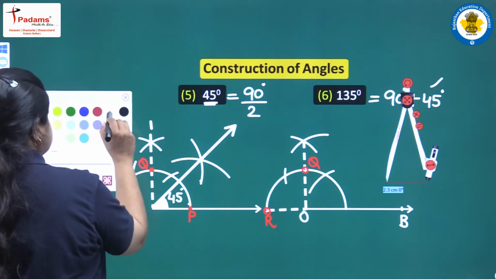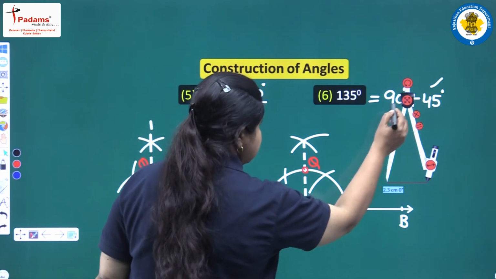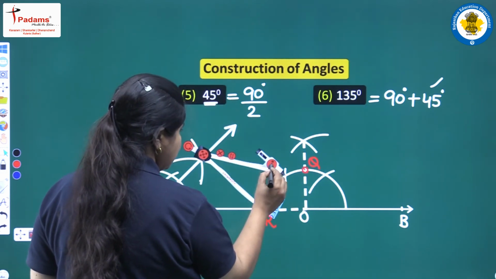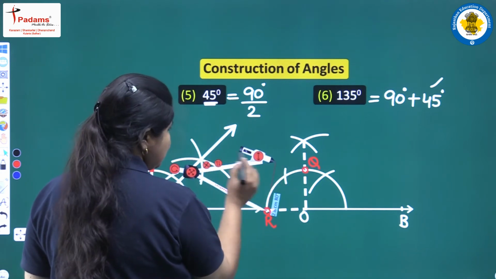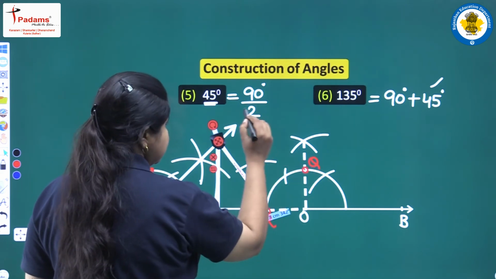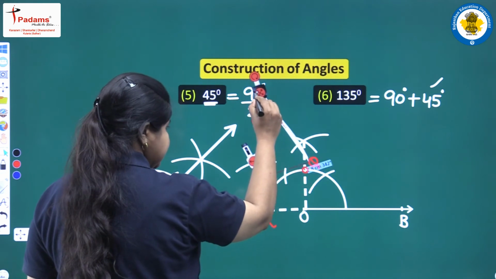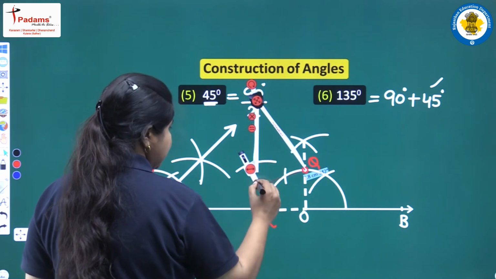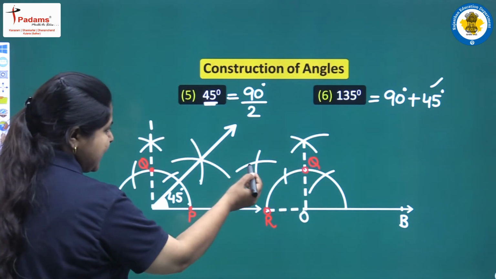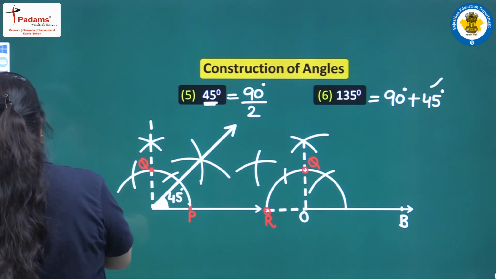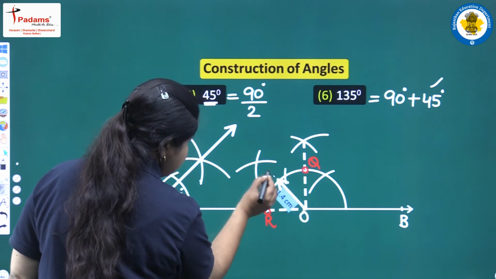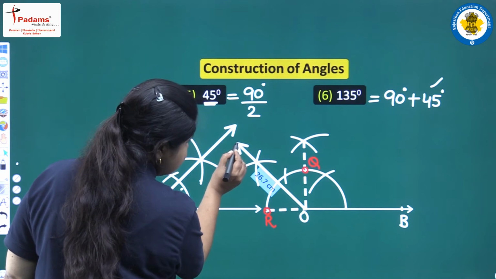So again, let us take the compass, and first we will place it at R, and remember, while bisecting we will be taking a radius of our own choice, but when we take the 2 points, then the radius should be same. Here first I have taken it at R, now placing the center at Q, and remember, now I won't be changing the radius, and you too should not change it. Yes, we get this point. Let us now draw a ray starting from O and then joining these 2 points. What do we get?